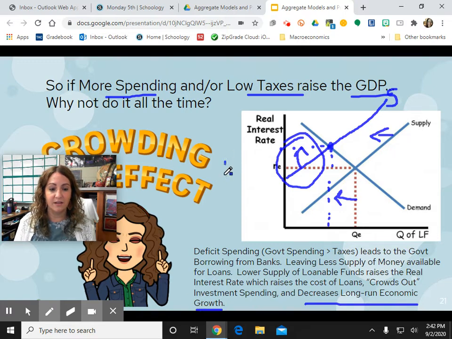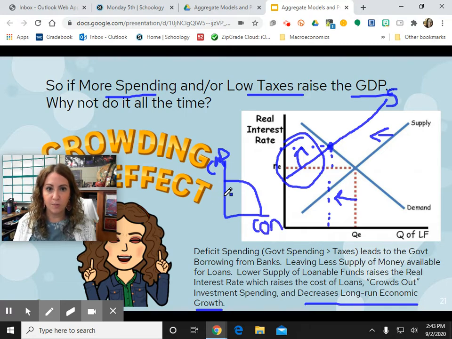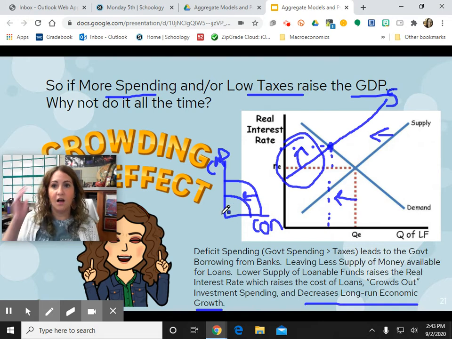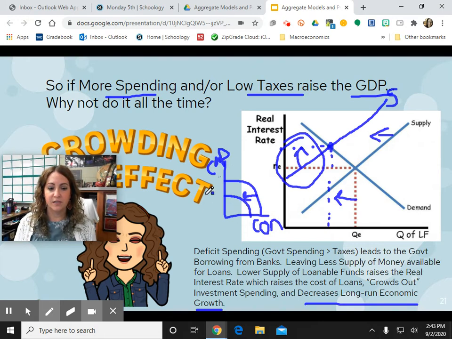And we see that on a PPF curve. If we've got capital goods on one axis and consumer goods on the other, higher interest rates mean less business spending on pizza ovens and other capital machinery, and fewer consumer goods in the long run. Therefore, there will be a leftward shift of the PPF curve in the long run, because short-term deficit spending causes the economy to shrink in the long run. That's called the crowding out effect, and it is the relationship between deficits and interest rates.